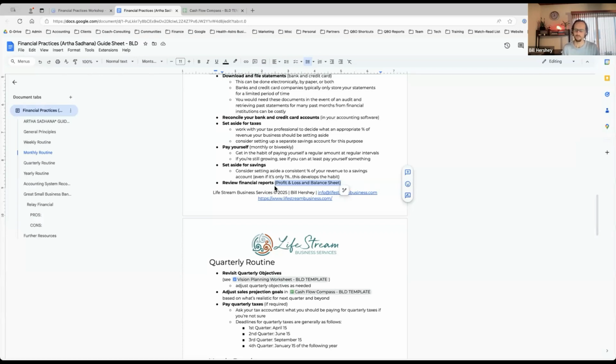So I think this is the pinnacle of doing all this work for tracking our finances and doing the bookkeeping, to be able to see these reports and be able to make strategic decisions and informed decisions, confident decisions based on what we're seeing in those numbers, and being able to read essentially the story that those numbers are telling. And in the beginning, you may want to work with a bookkeeping trainer or a coach or a consultant who understands these statements to help you understand and better read into what these statements mean, what kind of decisions can be made based on the information you're seeing on these statements.